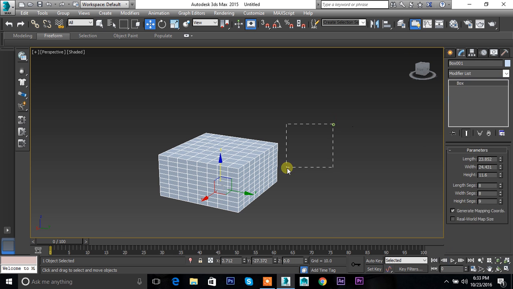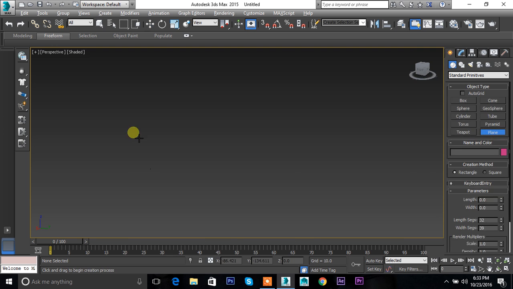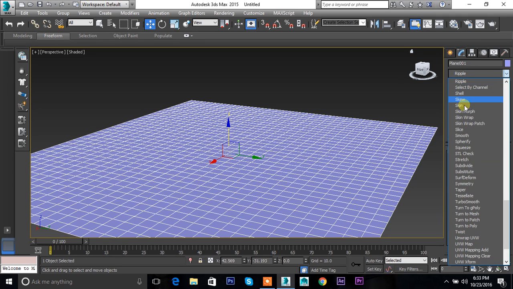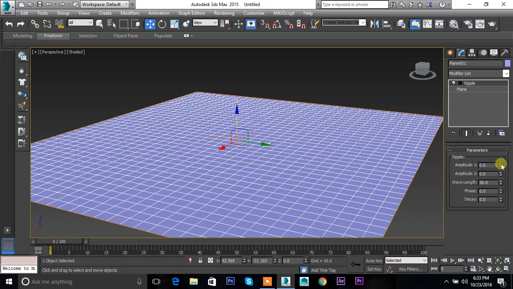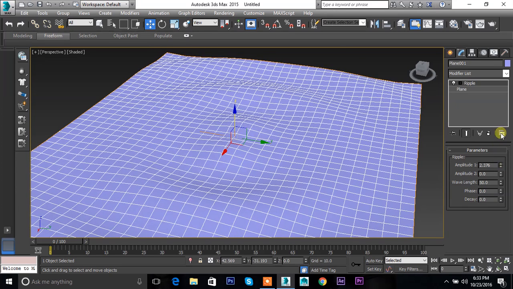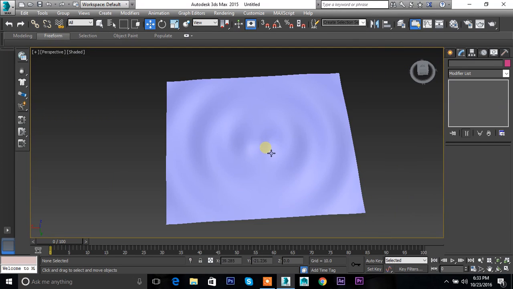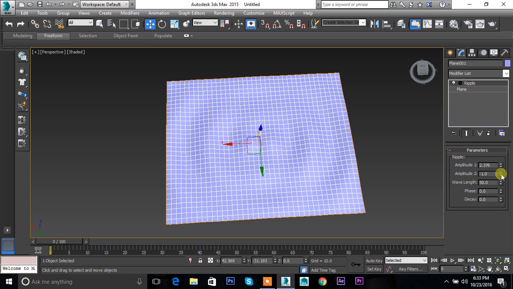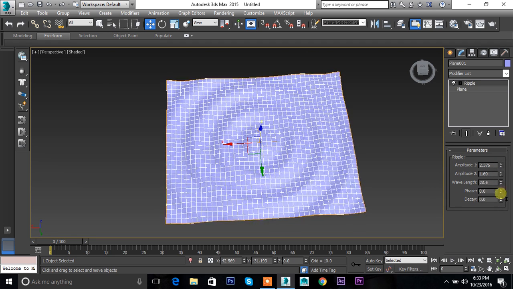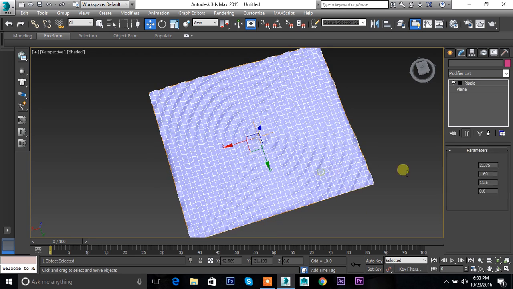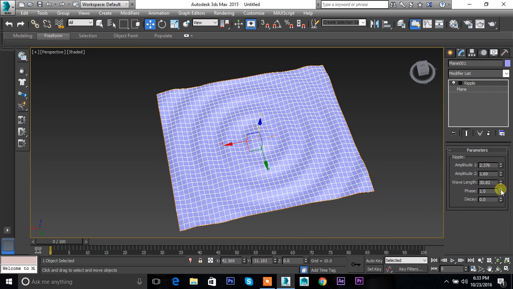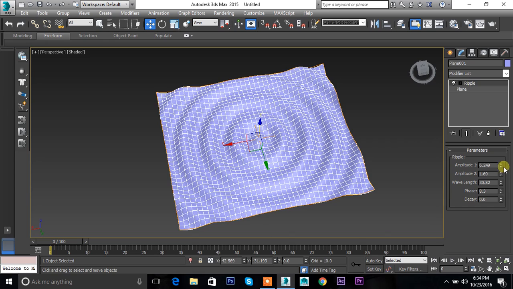Next modifier is basically ripple. For ripple, we'll make a plane and apply ripple on it. Ripple effect will give the effect of water. Apply ripple and just increase the amplitude. So here you see some. Okay, let's increase it more. So here you see the wave effect, the round wave effect. Okay, move to the amplitude. Now you will see more effect. You can increase or decrease the wavelength, like its total water effect. Okay, let's make it 30, round wave effect, and you can increase the phase value and more amplitude,